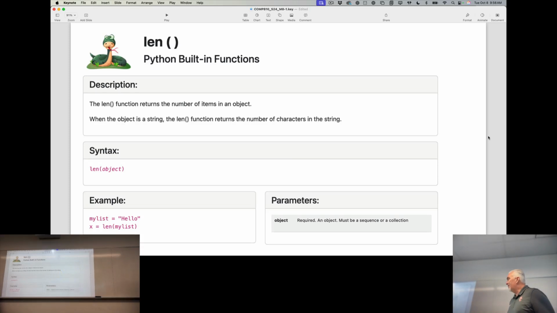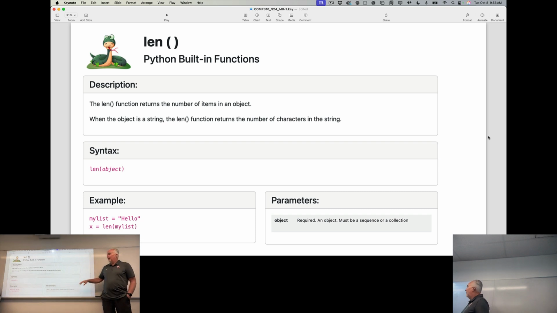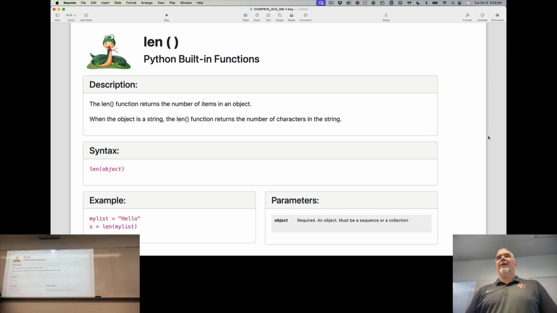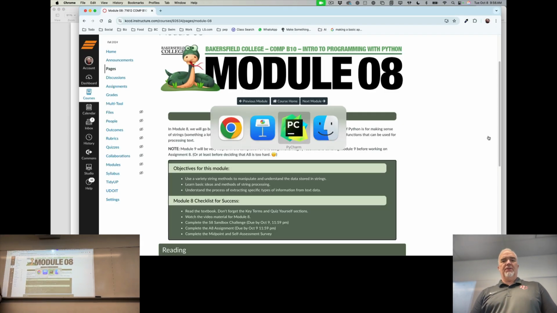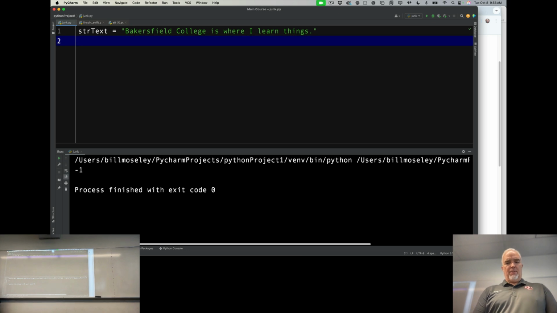We've talked about length, or LEN. This is super valuable. LEN, when you apply it to a string, will tell you how many characters are in a string. When you apply it to a list, it will tell you how many items are in the list. Okay, so for example,